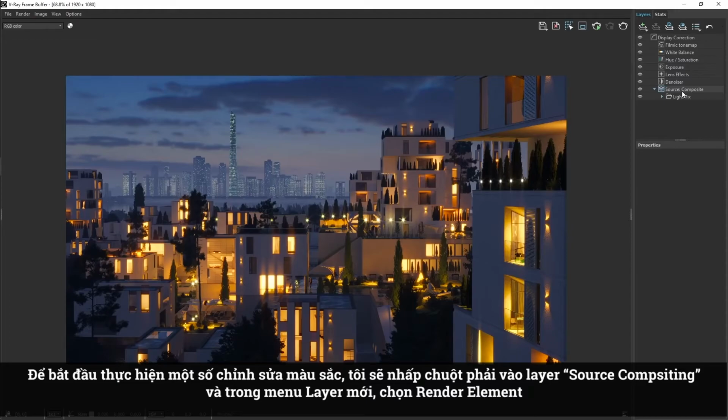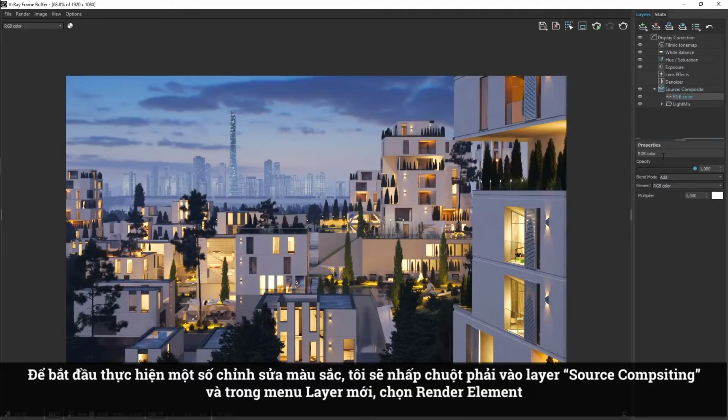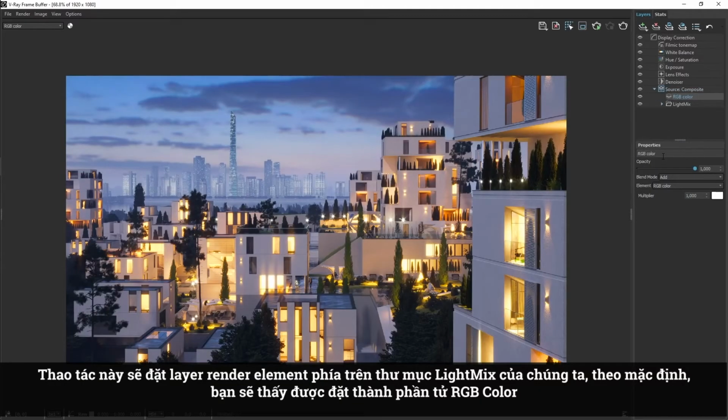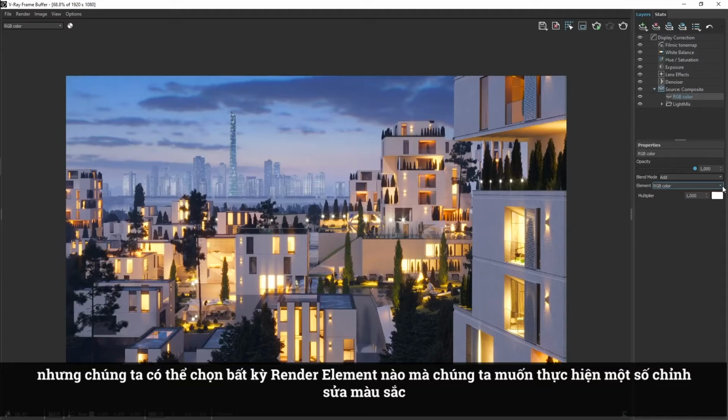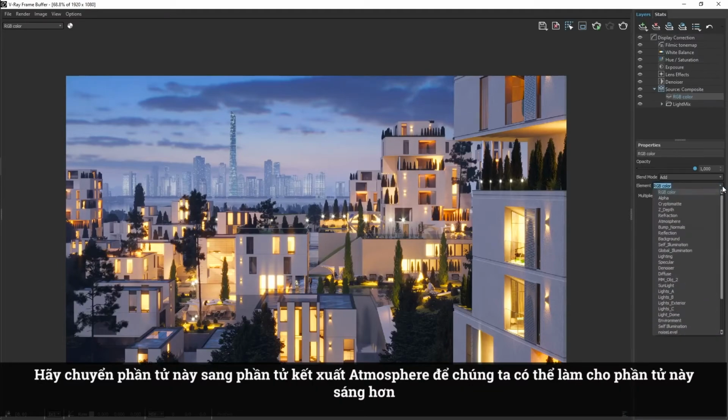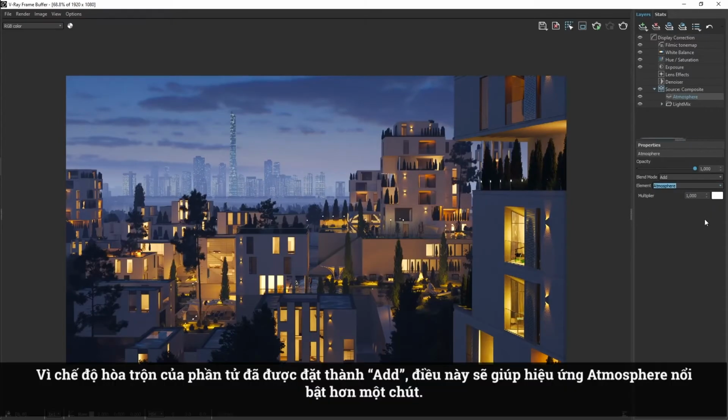To start doing some color corrections, I'm going to right-click on the source composite layer, and in the new layer menu, select Render Element. This will put a render element layer above our light mix folder, which you'll see by default is set to the RGB color element, but we can choose whichever render element we want to do some color corrections on. Let's switch this to the atmosphere render element so that we can make it brighter. Since the render element's blend mode is already set to add, this will help the atmosphere effect to stand out